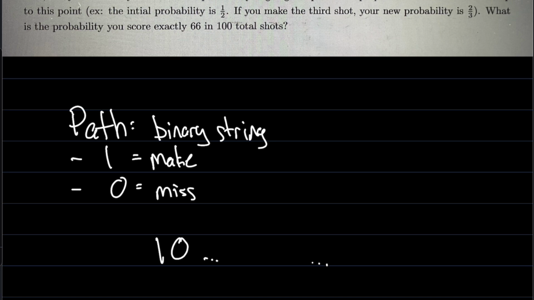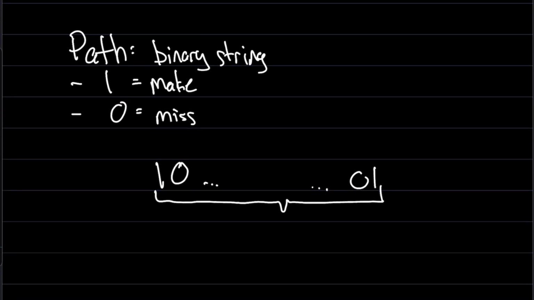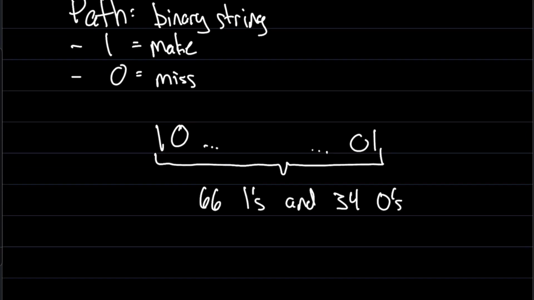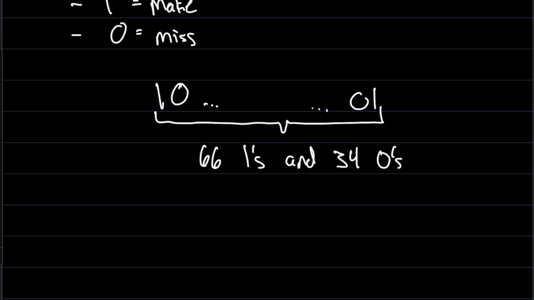And then whatever happens over here, if we're just looking at the paths that give us exactly 66 made shots, then we know there are 66 ones and 34 zeros. Now, let's think about how we could actually make a path like this. Well, this is just a simple counting problem. If we want to have 66 ones and 34 zeros, and one thing to note is that these are already fixed, then what we're actually doing is we're placing